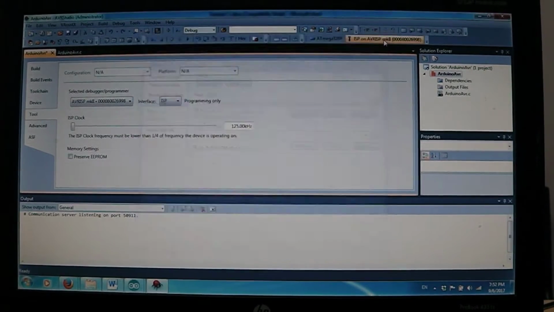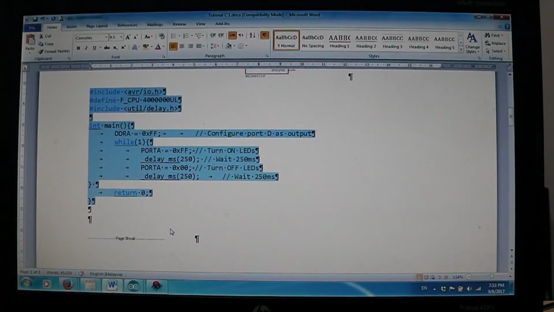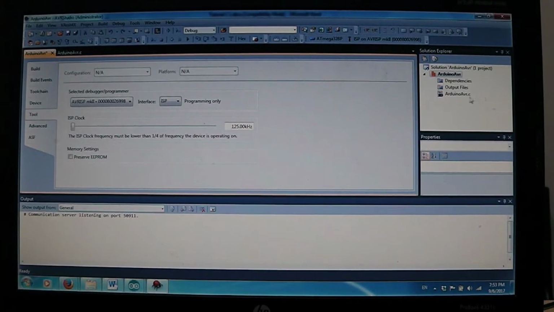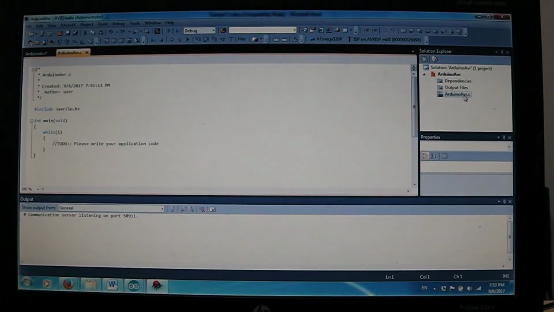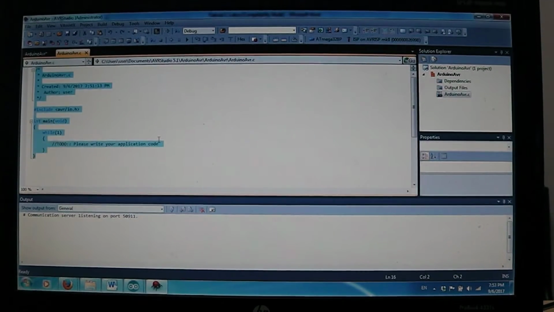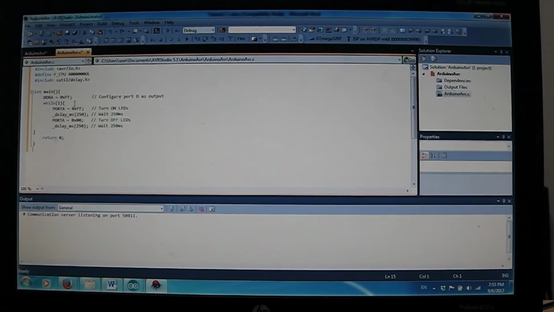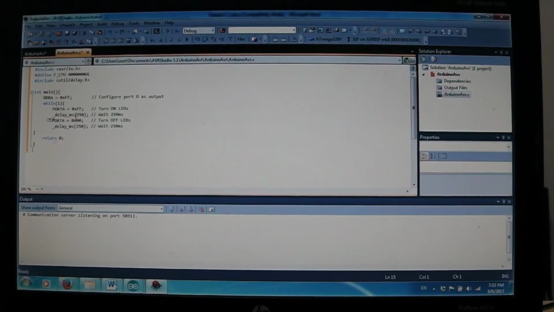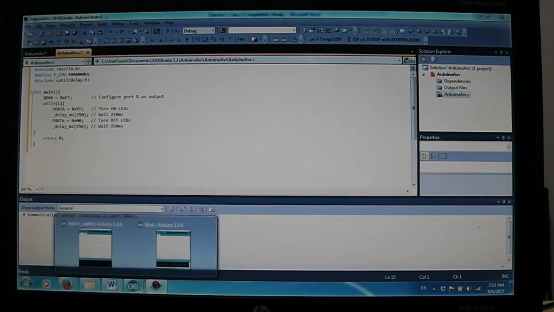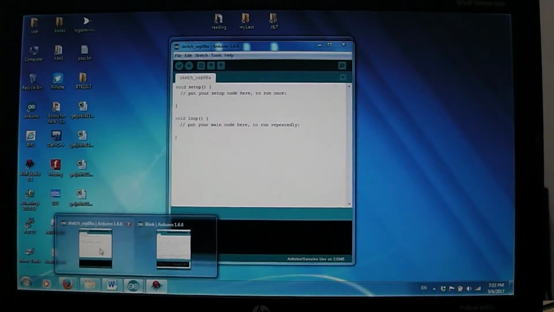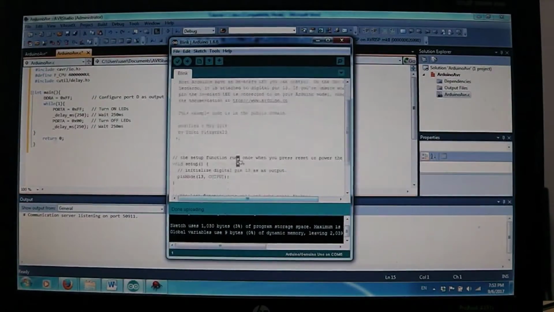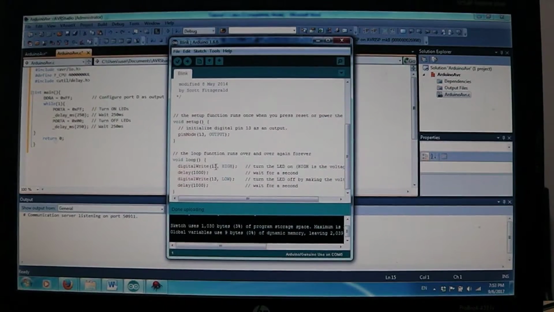a program. So we will use a very simple example, which is blinking an LED. Okay, so we come here in the C file. This will be our program. As you see, this program is blinking port A every 250 milliseconds. The Arduino program that we already uploaded is blinking only the LED connected to pin 13 every 1